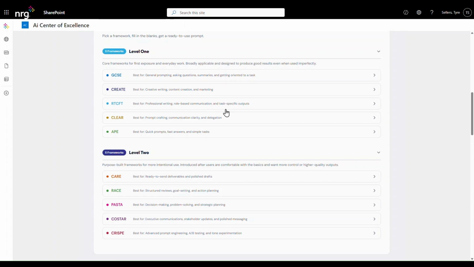When you are trying to put together what makes sense for you and your task, you can use these prompt frameworks to help you put together the prompt that you need. You can see that there's listed here a description of what each one of the frameworks is good for. When we're in this lab, we're focused on figuring out the clear context, being specific about the task, defining what a good answer looks like. When we put these things together, these patterns work the same way, whether we're using it in any of the different apps or in Copilot Chat. It's essentially giving Copilot the ingredients for a successful output.